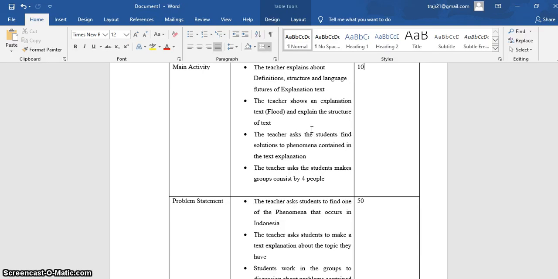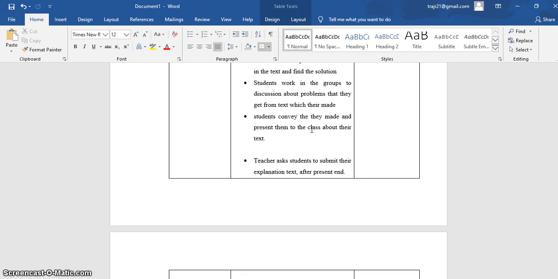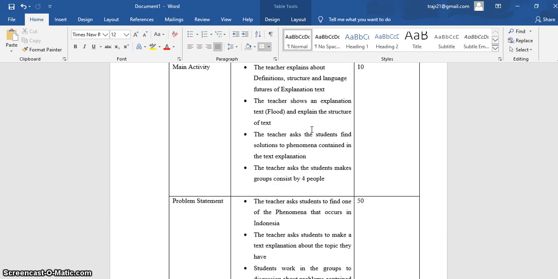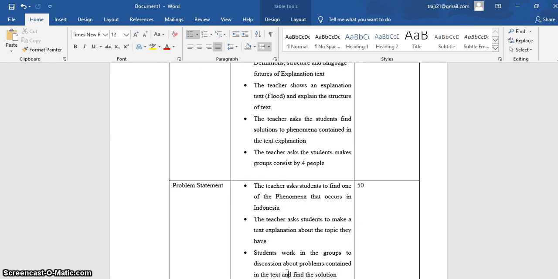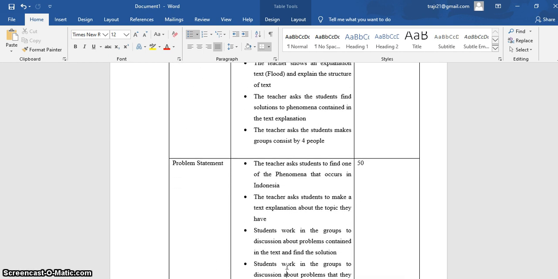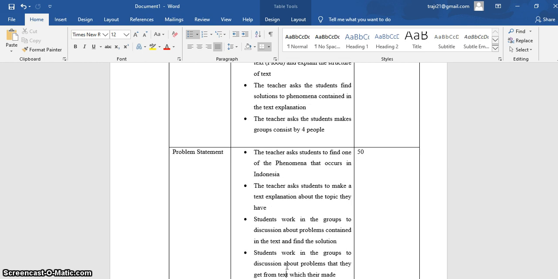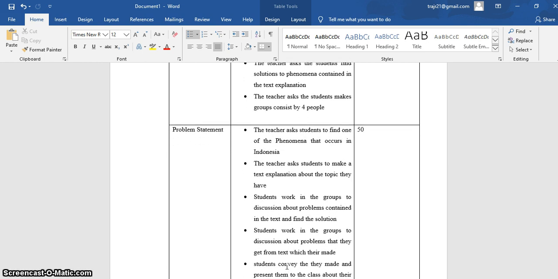And then the teacher asks students to make an explanation text about the topic they have, and the students work in groups to discuss the problem contained in the text and find the solution. And then students work in the group to discuss the problem from the text with their mates, and then students